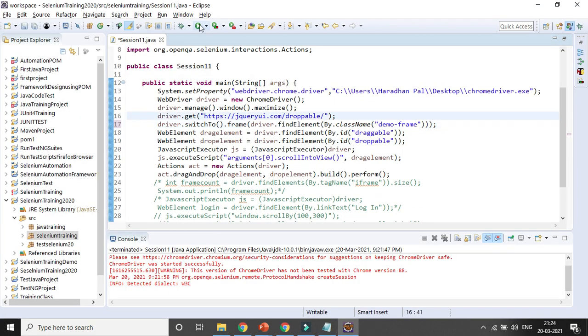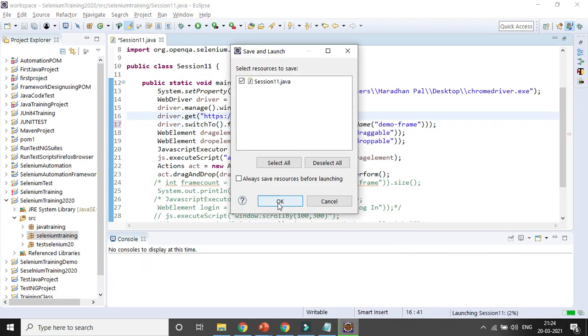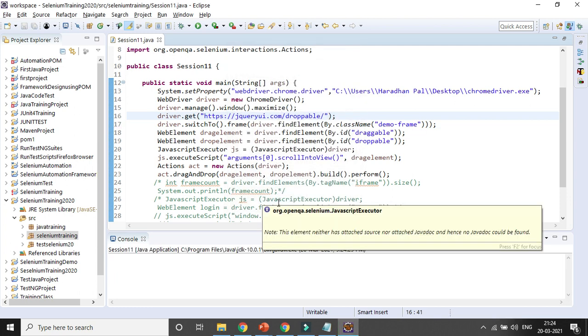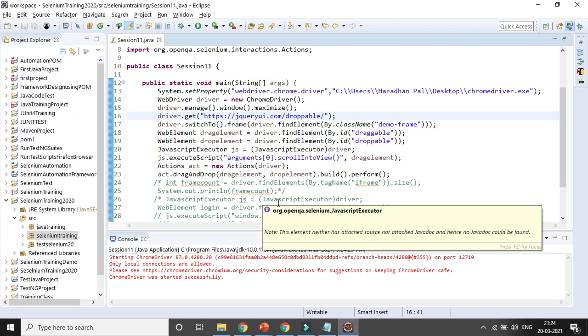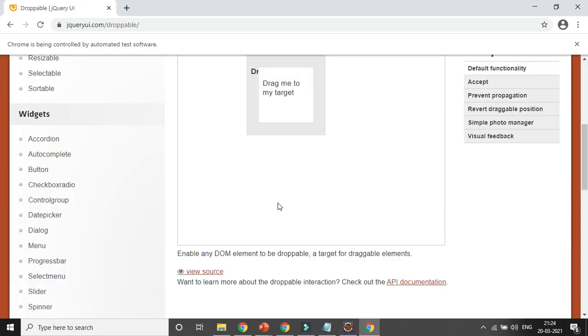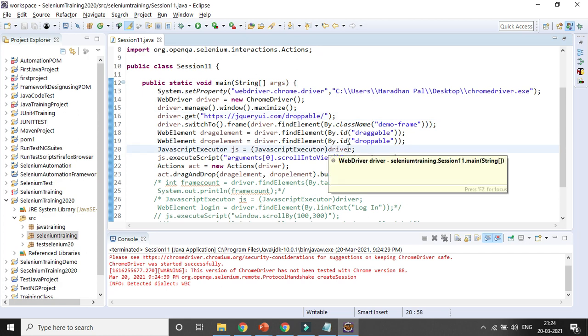Let's run the code and see whether it's happening or not. So three ways. In case ID or name is available, I can give that particular string name or ID. In case of index, you can do it that way. In case something else like CSS or class is available, I need to find that element: driver dot find element with By dot CSS or XPath or class name, and you can give that name. You can see drag and drop is happening. So these are the three options available for handling the frame. Is it clear now? Any more doubt?